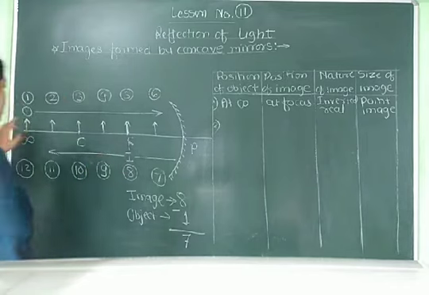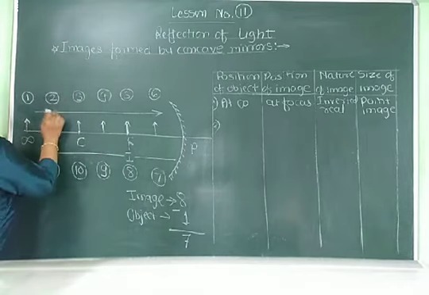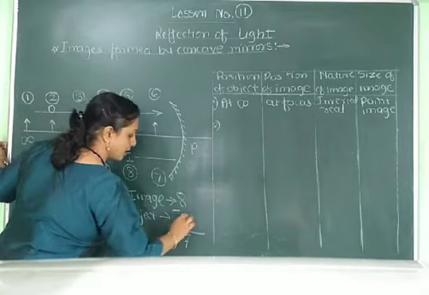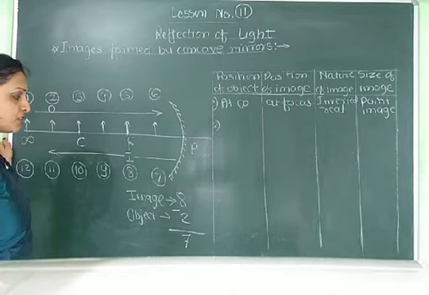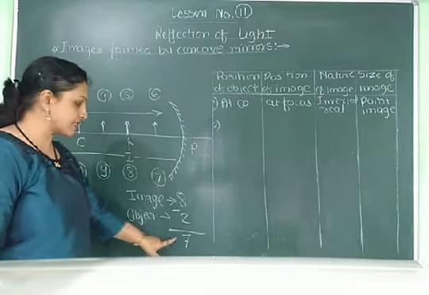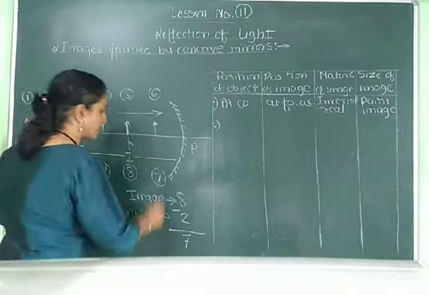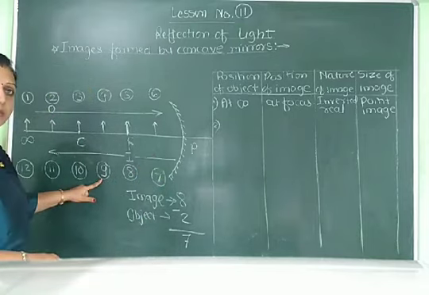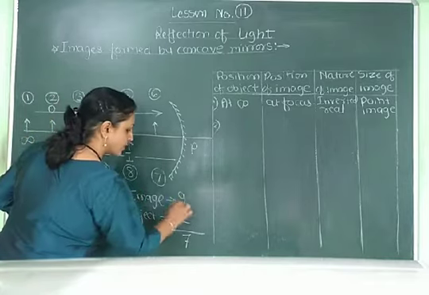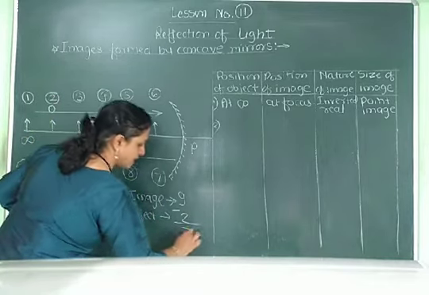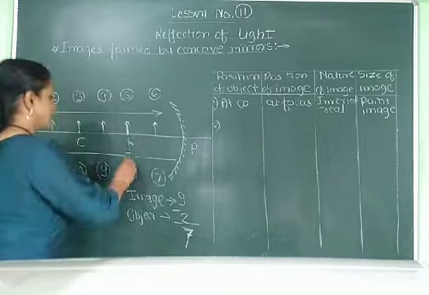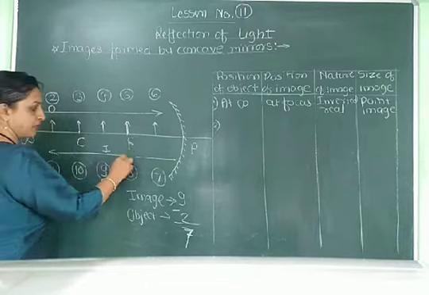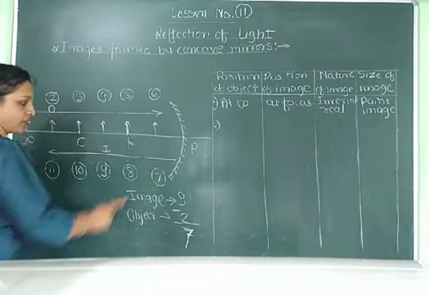Now consider second position. What is the position of the object? Now we change the position of the object. If we place the object at position number 2, then here we get its image. Remember, this difference should remain constant. So if we place the object at position number 2, then we get its image at position number 9, because 9 minus 2, that is 7. Therefore, we get its image here between C and F, within the focus and the center of curvature.